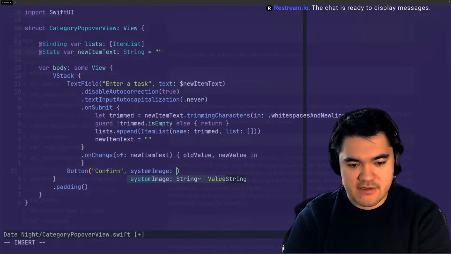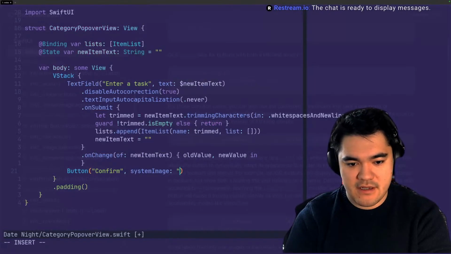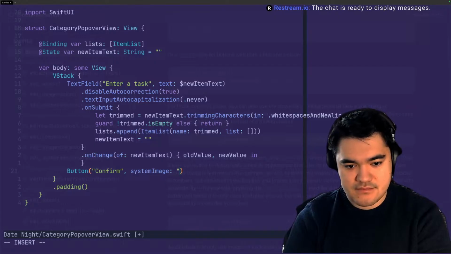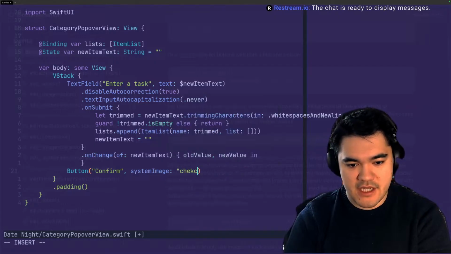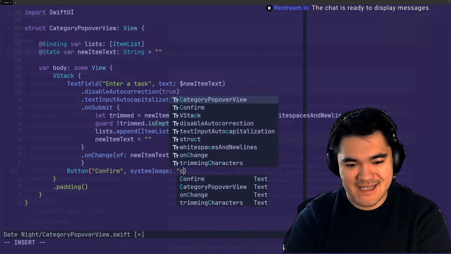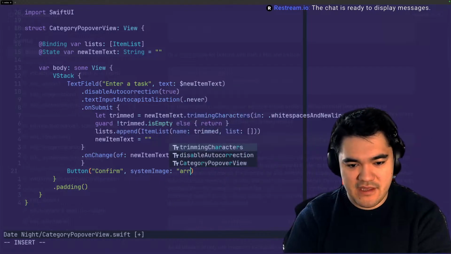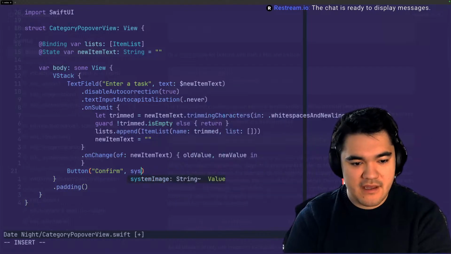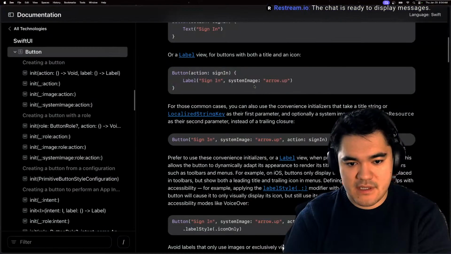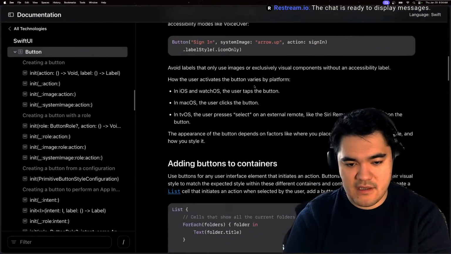Give it like a nice little thing here. Do like a check. Is that one? Will this autocomplete these arrow ones? All right, yeah, forget that. And then the